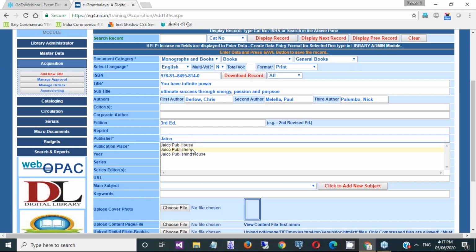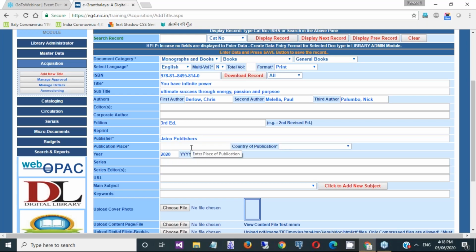So in case already you can see here, this is a bad way of doing data entry. There are three records, three separate, different spellings of the same publisher. Publisher should be entered as per the cataloging standard whatever is being followed in your library.